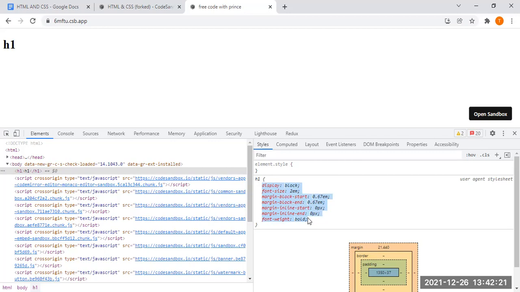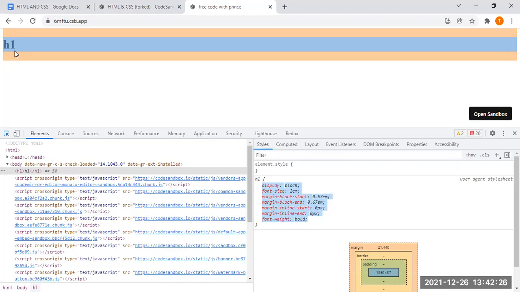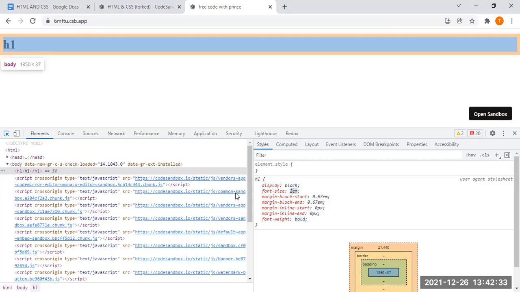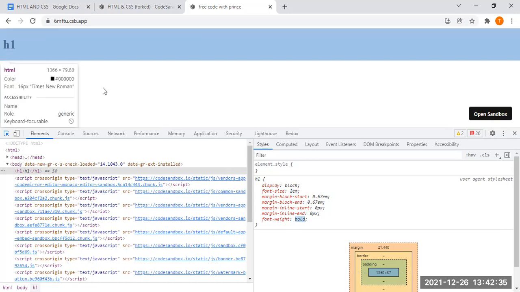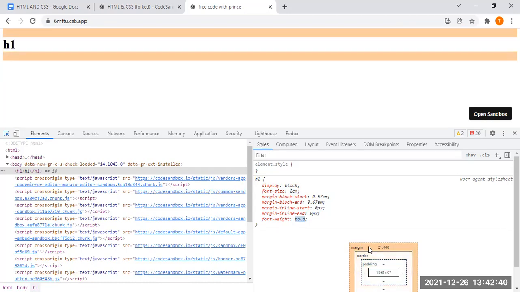It will automatically apply display block. I think you know, display block means the entire row will be occupied. And if you see, the font size is there and the font weight is there. This font size 2em increases the size, and the font weight bold makes the text bold. Also there are some margins being applied. If you see, margin top and margin bottom have some space applied. We will discuss in detail about the stylings in the styling tutorial. Here I'll just give you an overview of the different tags.